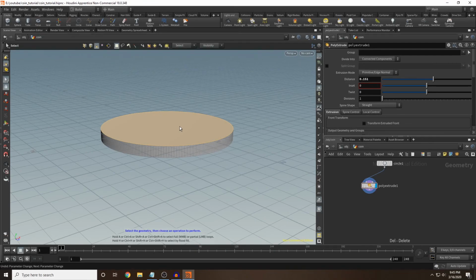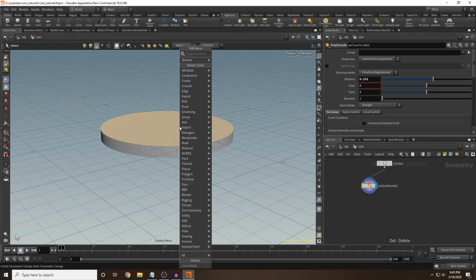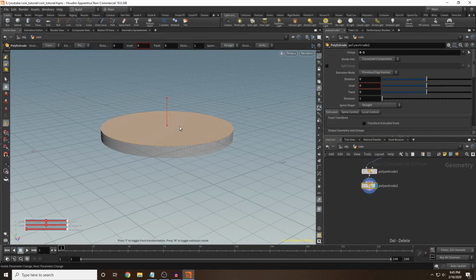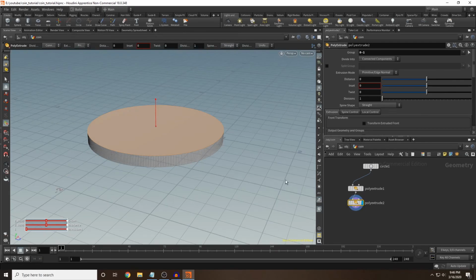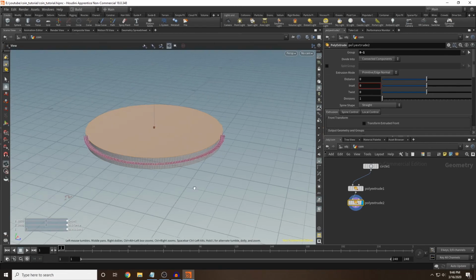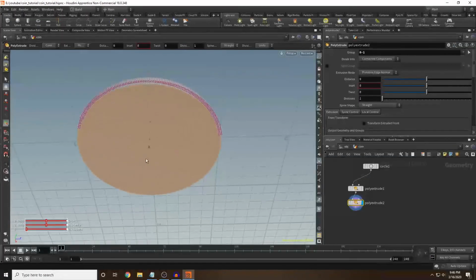And on the viewport, you can also drop down SOPs. So we're going to hit tab, poly extrude, and you can see that when we do it this way, it automatically wires it in for us. So that's pretty nice. And you can see as we drop the SOP, our group is targeted 0 to 1, and that's our primitive number. If you click right here on display primitive numbers, we have our 0 and our 1,